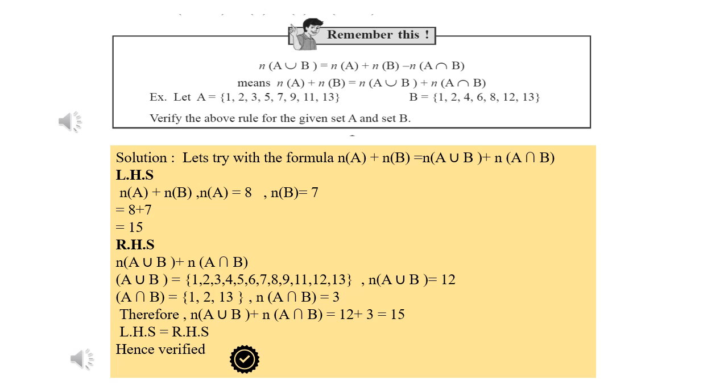Okay. So this formula, they will not ask you directly to learn by heart, but you have to remember this application when we do our word problems. So you have to remember the formula, the meaning of the terms: what is the meaning of number of elements of set A, number of elements of set B, number of elements of the intersection of two sets, number of elements of the union of two sets, and then apply the formula wherever applicable.